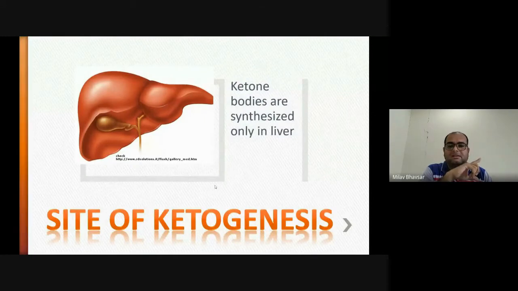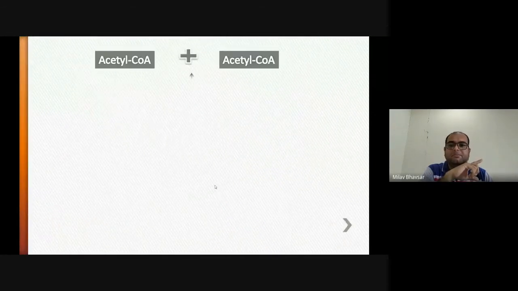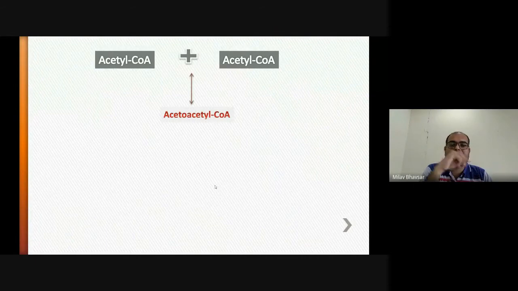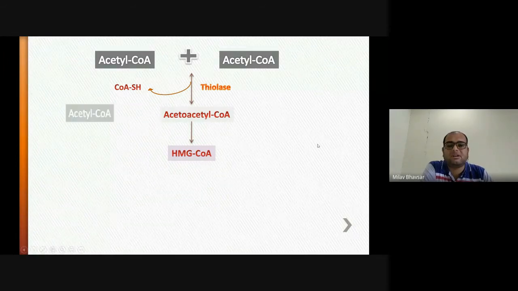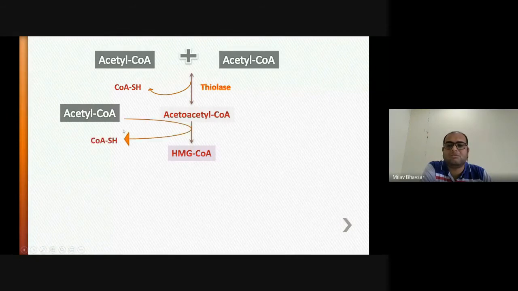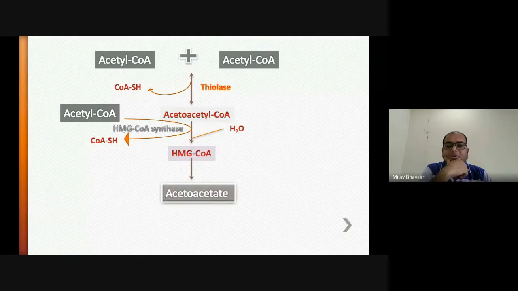Only inside the liver. Remember this. Two acetyl coenzyme A are combined together with the removal of coenzyme A reduced form. Thiolase enzyme comes into action, generates acetoacetyl coenzyme A, that's converted into HMG coenzyme A. Another molecule of acetyl coenzyme A is added. So basically, three acetyl coenzyme A are added to convert into the HMG CoA, and from there acetoacetate is